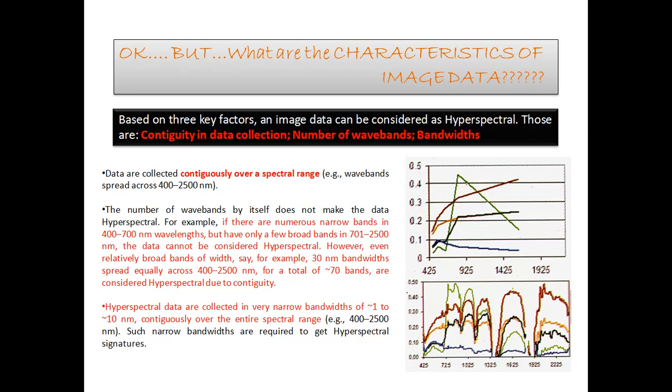And lastly, as narrow bandwidths are required to collect the spectral signatures, subtle details about the object spectra can be explored. So what is it? Suppose this is the spectral signature curve of the multispectral, and this is the spectral signature curve of the hyperspectral. Suppose it is the curve of vegetation. This curve looks very blocky, very small scale in nature. There are no such differences that can be identified band wise.